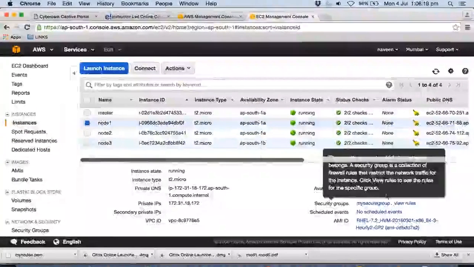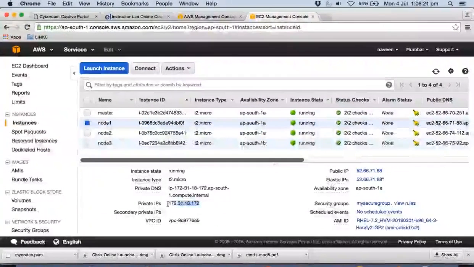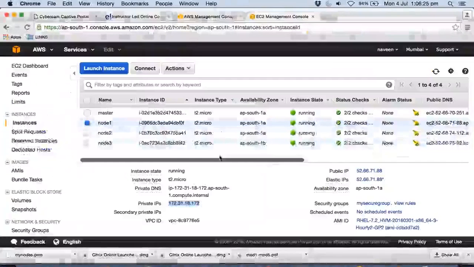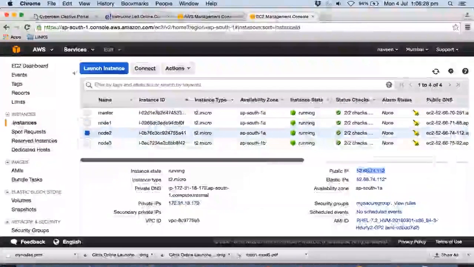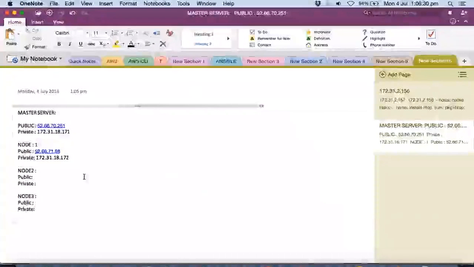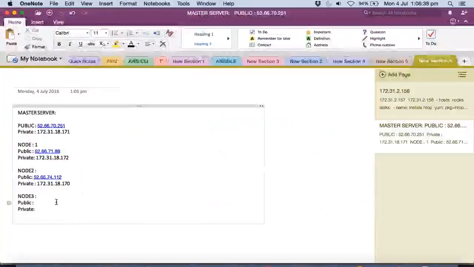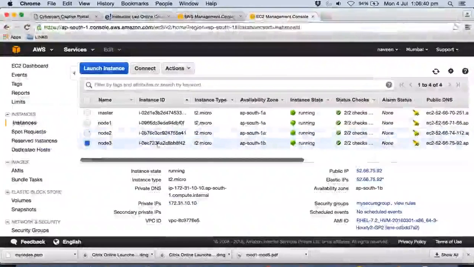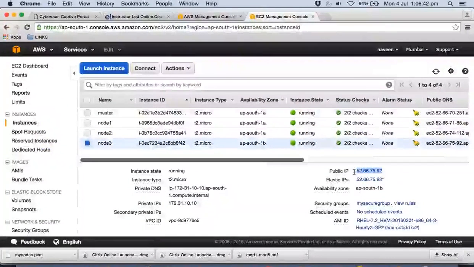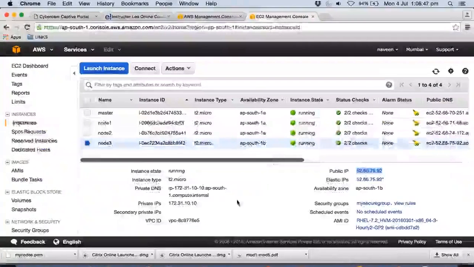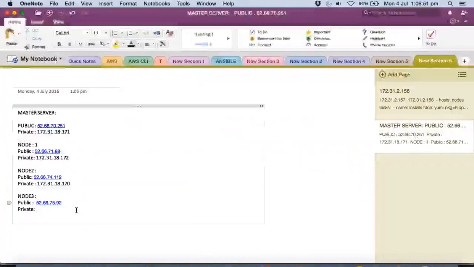Node 1 private will be this from the AWS console. For node 2, copy the public IP address and the private IP address as well. The same is applicable for node 3. Just copy and save them, because they are required when we run Ansible playbooks, Ansible roles, or Ansible hosts,